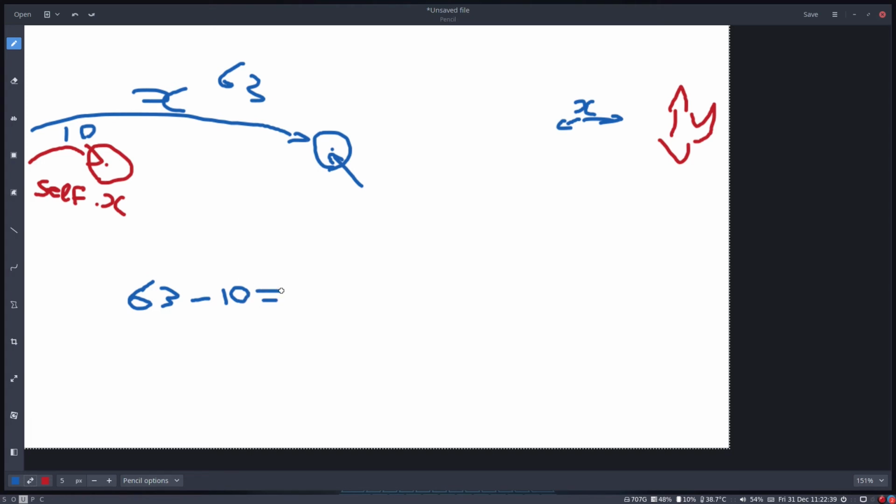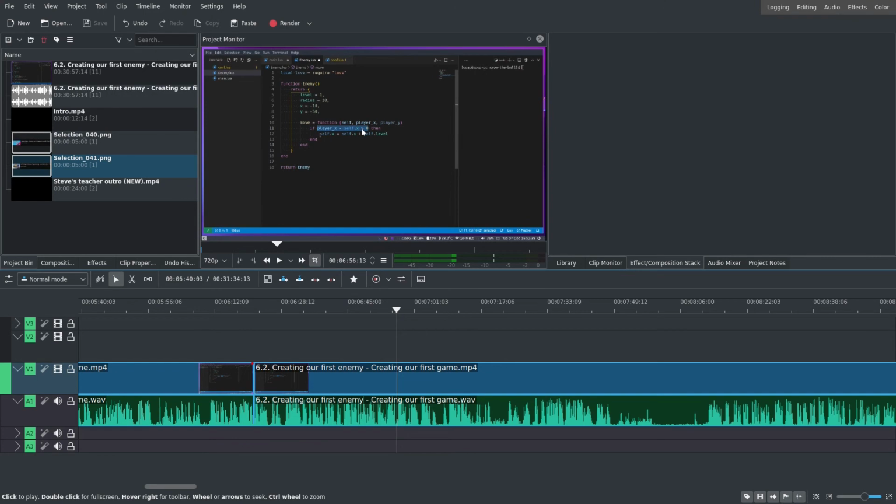And that will give us 53. So the position between this point and this point is 53. That's basically what's being said here. And then we're saying if it is more than 0, and we know 53 is more than 0, then